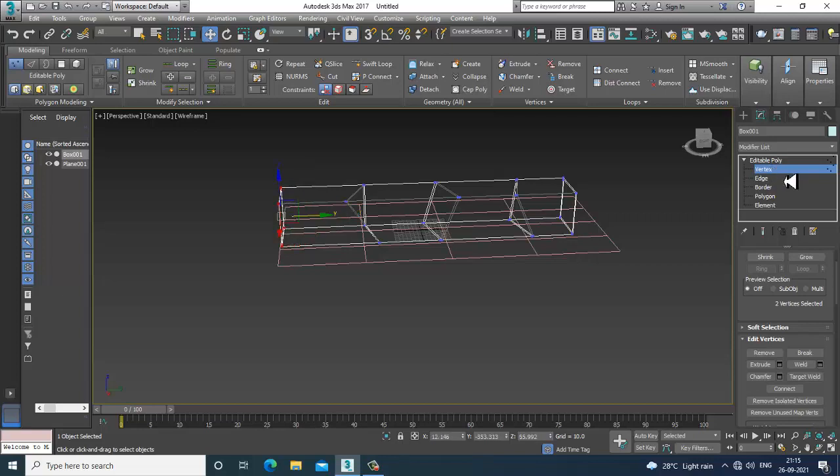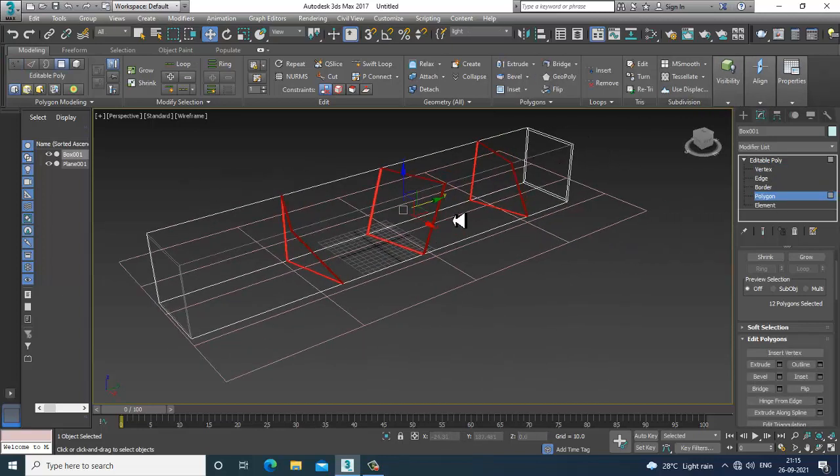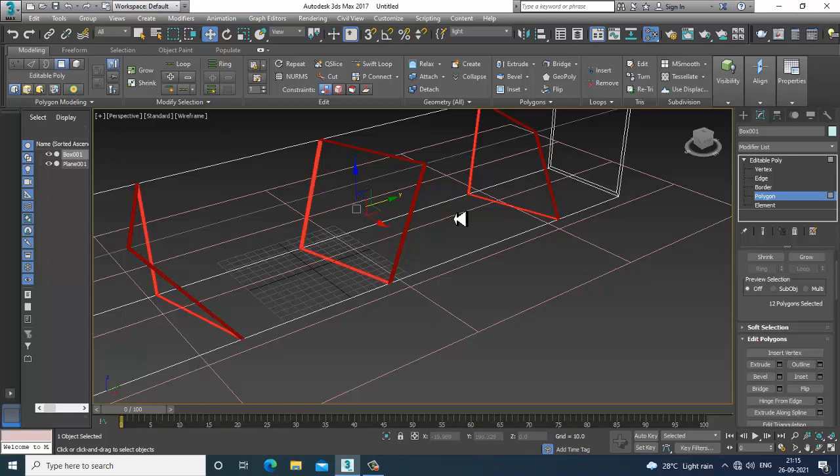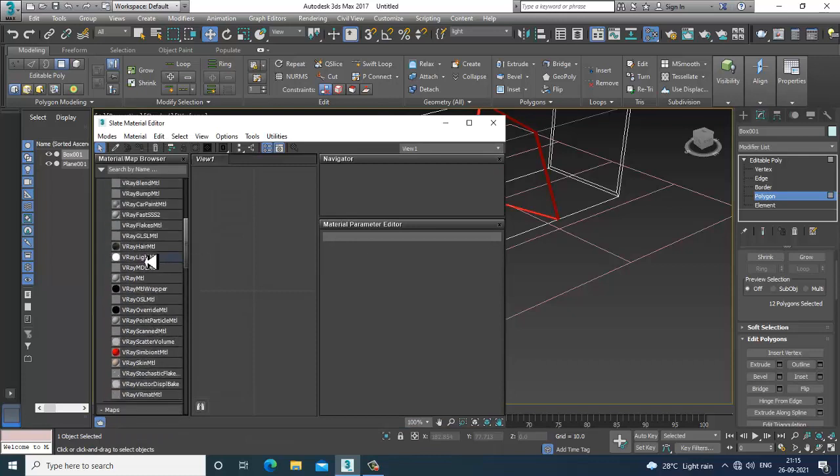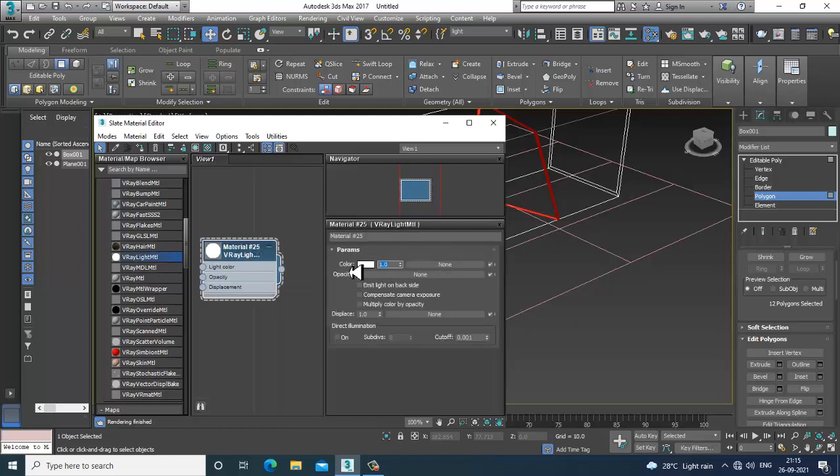Again I'll select this. Let's go into the material over here, press M, and let's take a V-Ray light material. I'll increase it to 22 over here, and I'll add this.